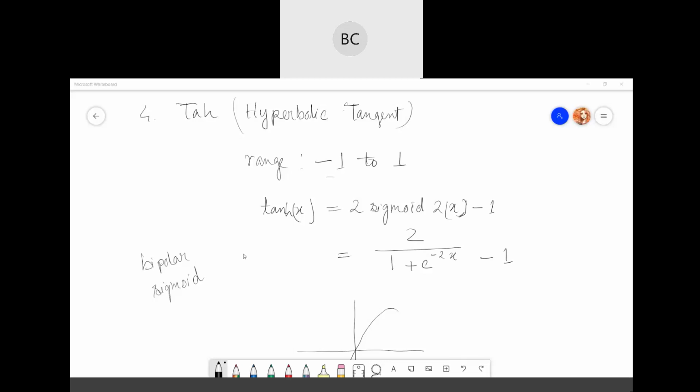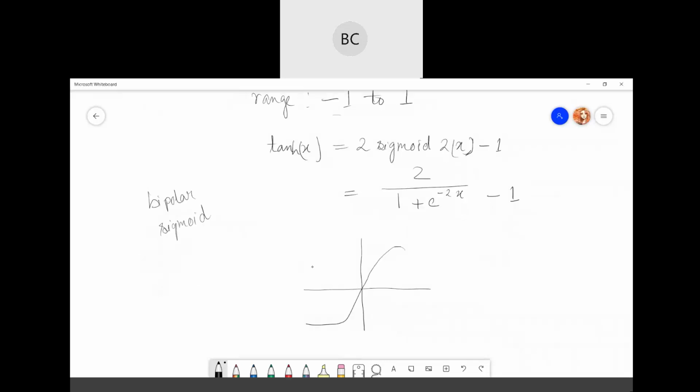Just that its range is from -1 to 1, but the rest of the nature is similar to your sigmoid function. The value is continuous and differentiable, and it also has the same problem that after one range it stops learning. Same problem as sigmoid.